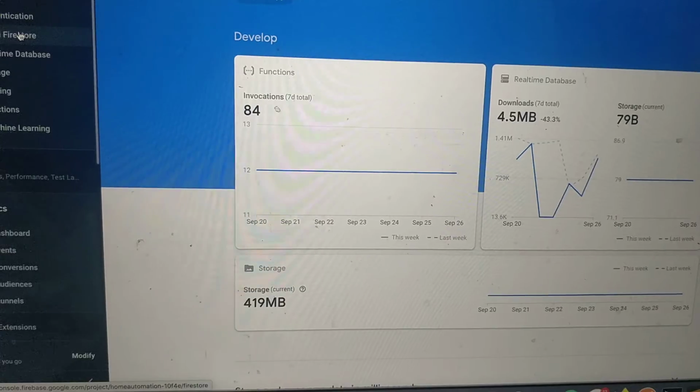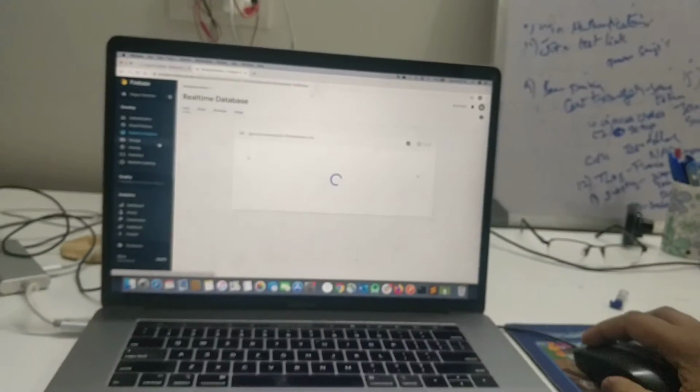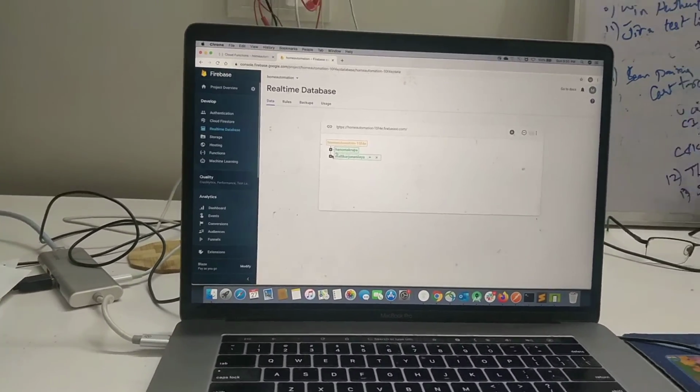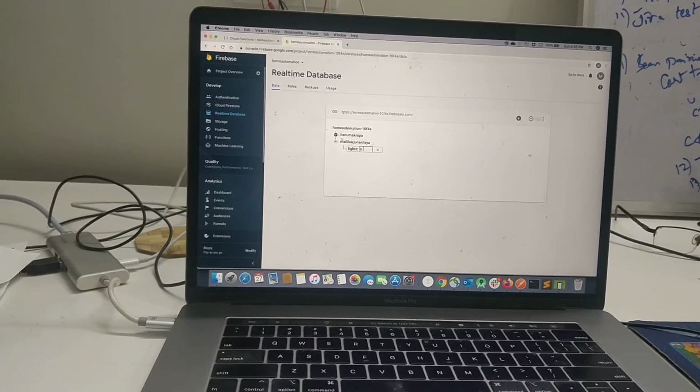I have my cloud real-time database, Firebase database, and here is where I have my setup, which has the 0 or 1.